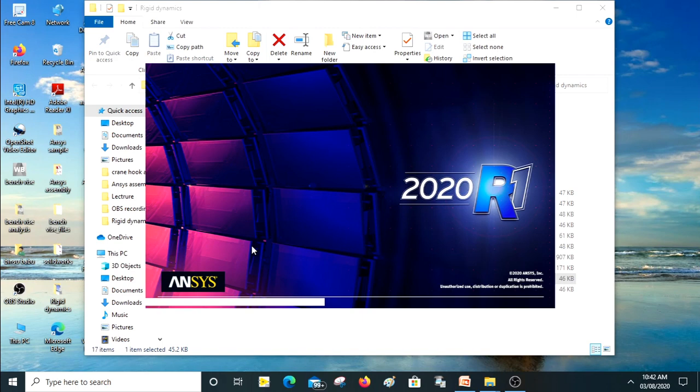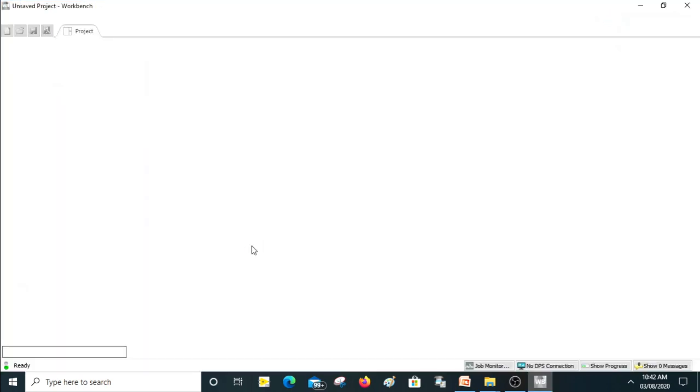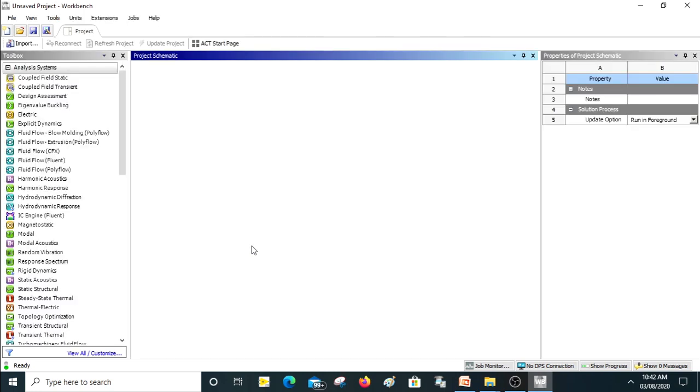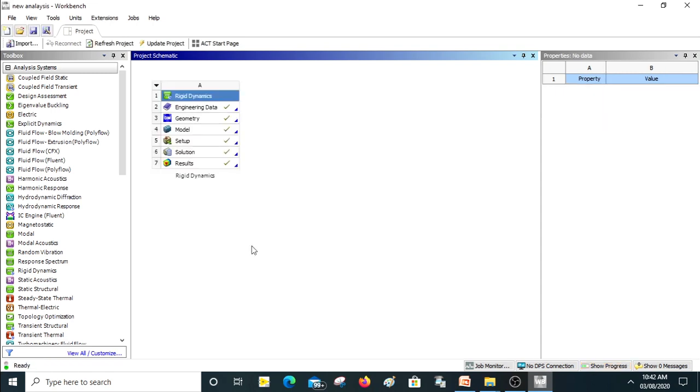Only problem is with the number of node limits. You cannot use it for more number of nodes. That is one limitation that we have over there. Okay, so if you try to do more finite meshing, it won't solve. But still, it's a great way to explore the different possibilities in ANSYS 2020.